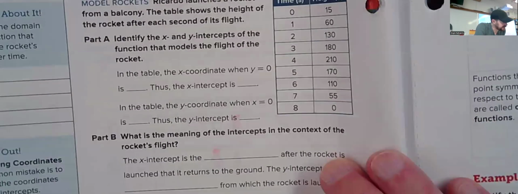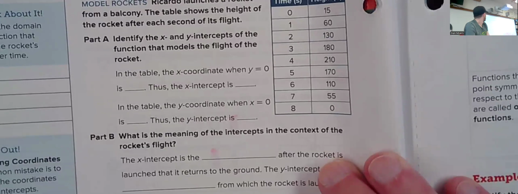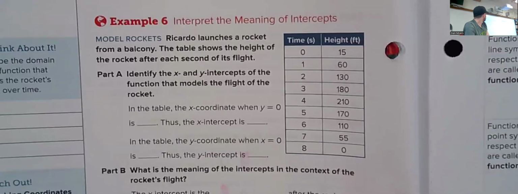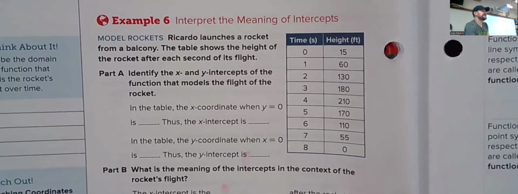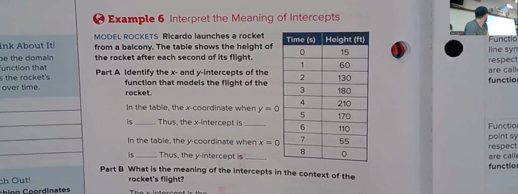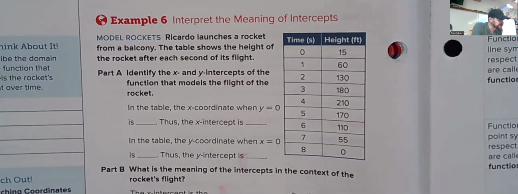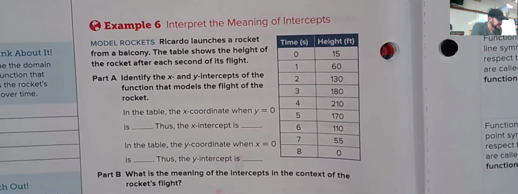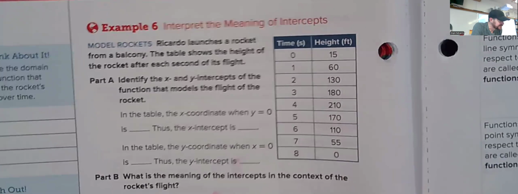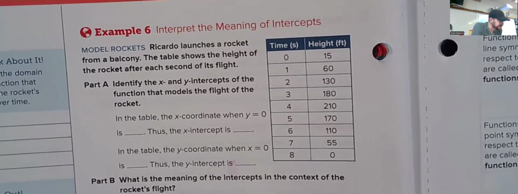All right. Interpret the meaning of intercepts. What does it all mean? Ricardo launches a rocket from a balcony. That sounds like fun. The table shows the height of the rocket after each second of flight. Okay. Identify the x and the y intercepts of the function that models the flight of the rocket. Okay. So